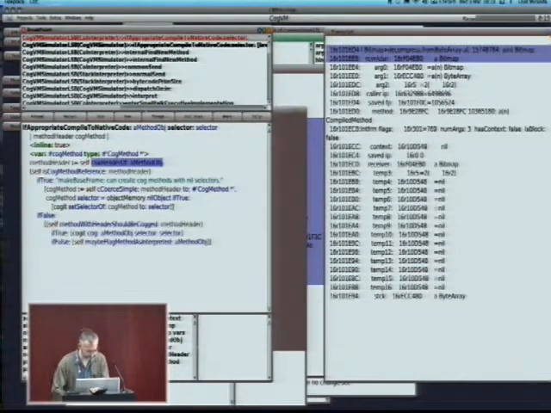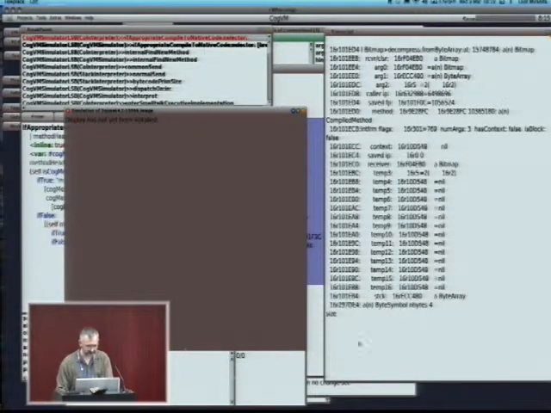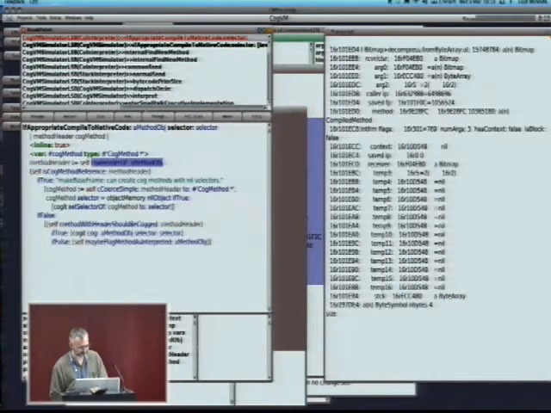So what is it doing? It's doing size, so it's done a send of size, and it needs to compile this to machine code if it's appropriate. So the first thing we have to do is the mapping from methods to their machine code is in the method header. Remember that the method header of a byte-coded method is always a small integer. So if the thing is odd, which this is,